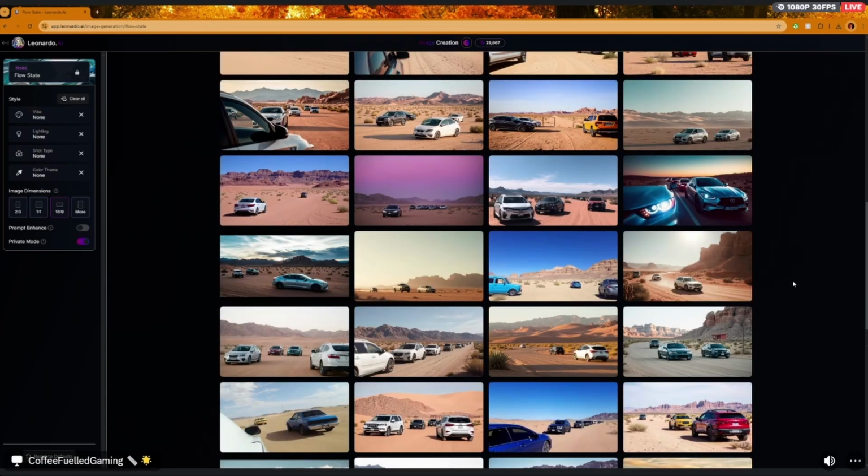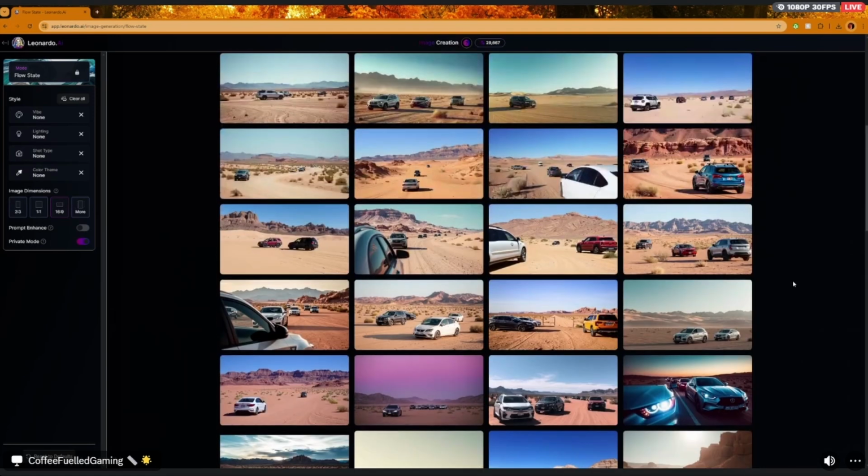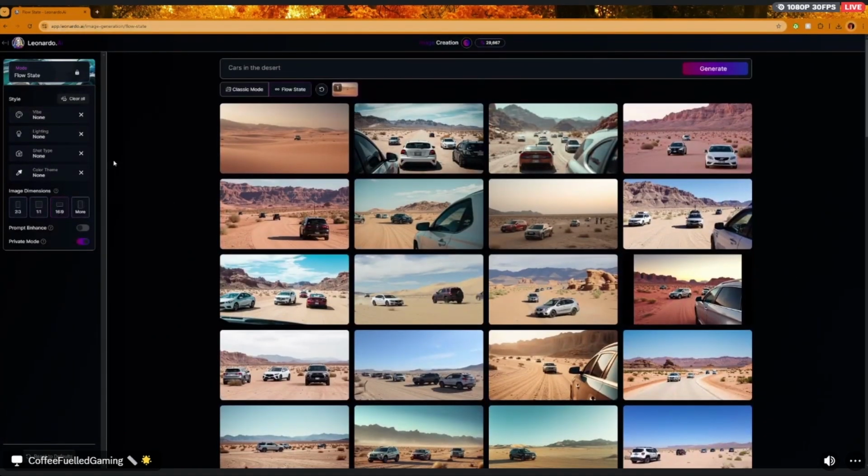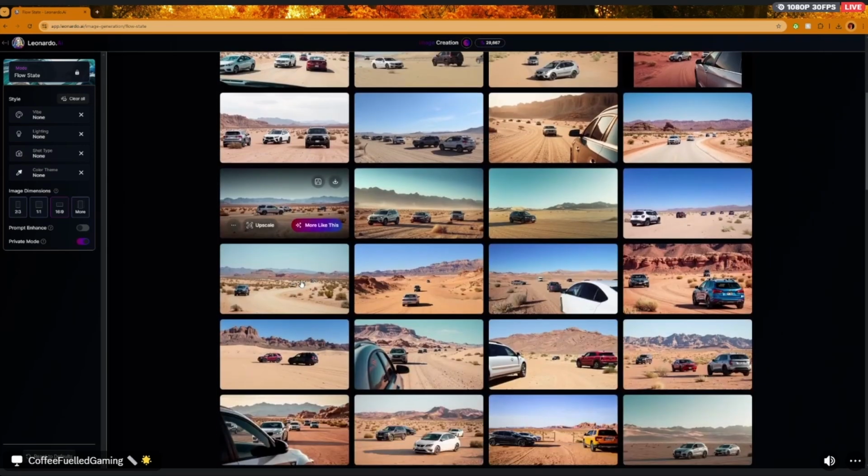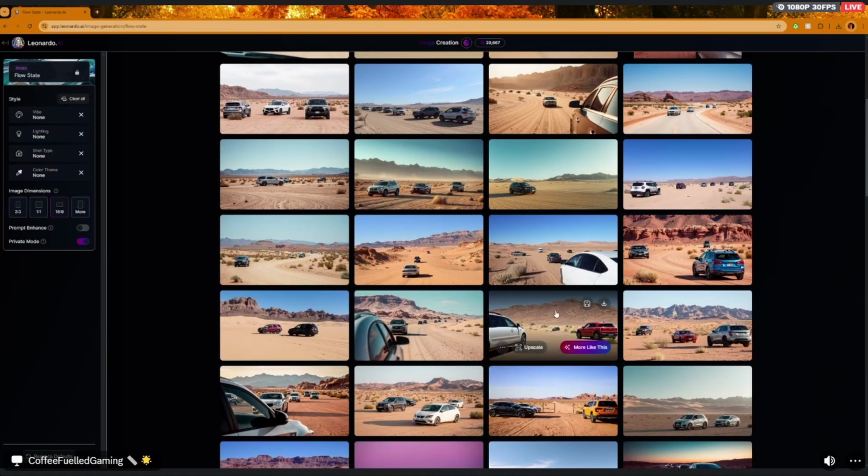personally I think some of these photos here are actually a lot better than what we originally got, and that is with no options selected whatsoever, which is quite odd. It is literally just running cars in the desert with no stylistic choices at all here, which is quite interesting. So again, this is something else that I didn't even realise you could do, but